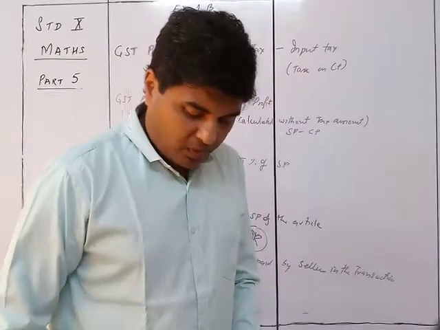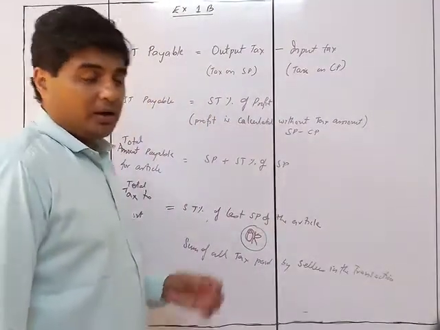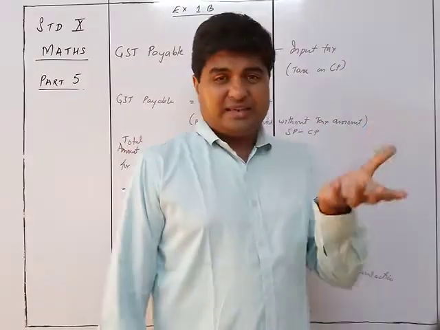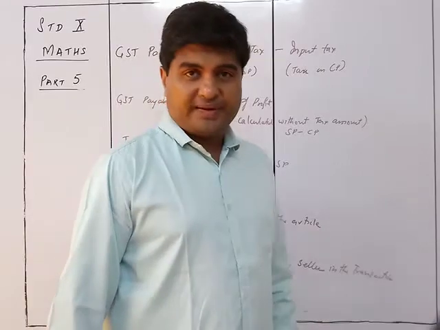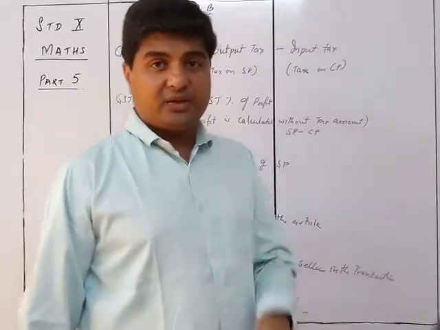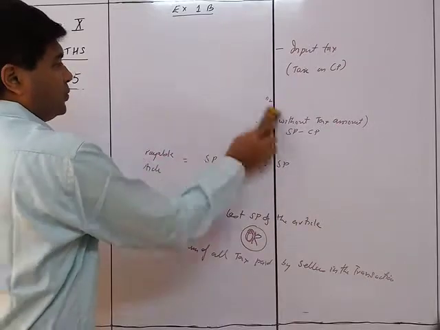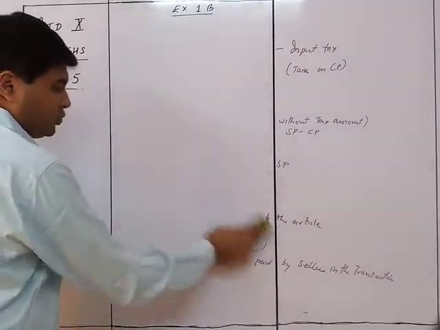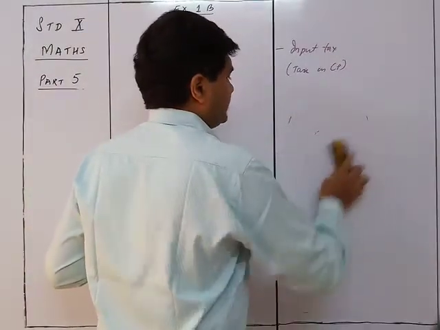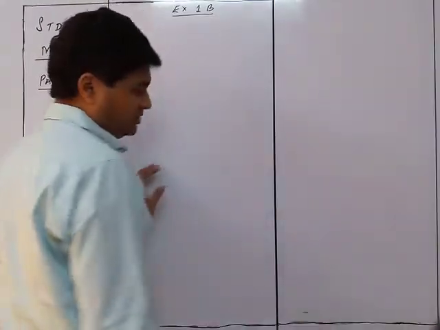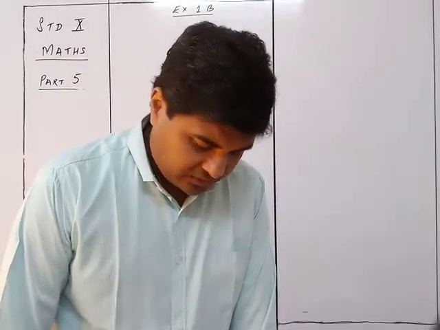And of course the formation of IGST, CGST will always be there. IGST is the complete tax, whereas CGST and SGST divide the whole thing into two parts. So that is about the formulas for exercise 1B. We move on to the questions now. There are very few sums, only 11 sums. So we do 5 sums out of it, the alternate sums.